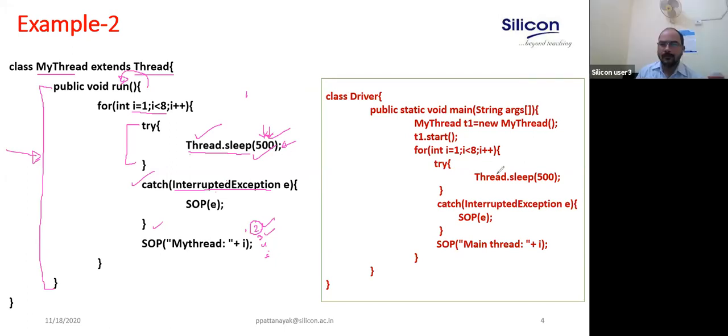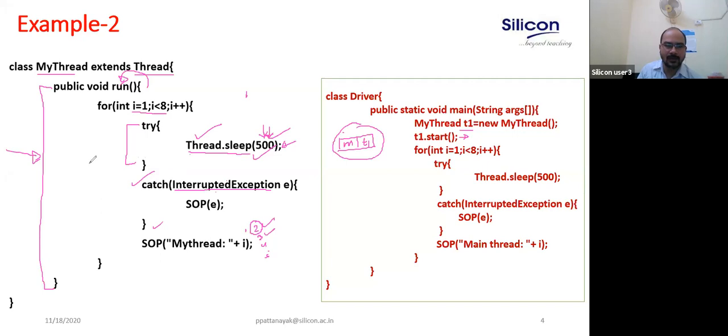Okay. So in the main method, what happened? We are creating one thread object, then we start it. Start the thread, in the sense, now how many threads come into the picture? One is the main thread, another one is the new thread that you have created. That is there in the queue. Right. So two threads will run simultaneously.